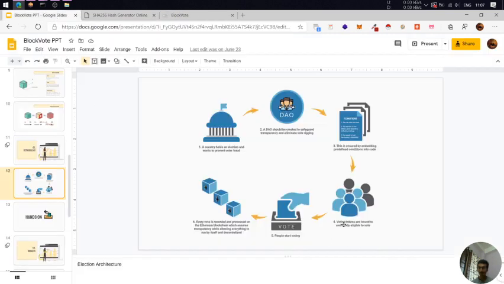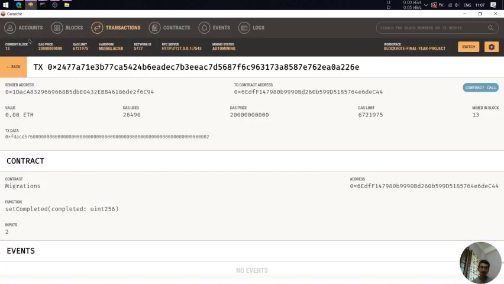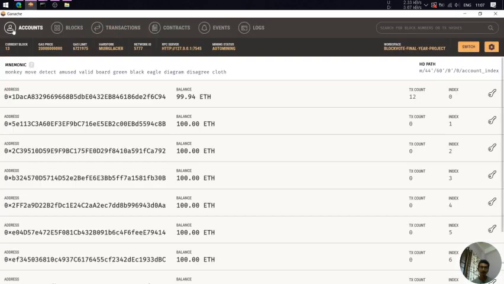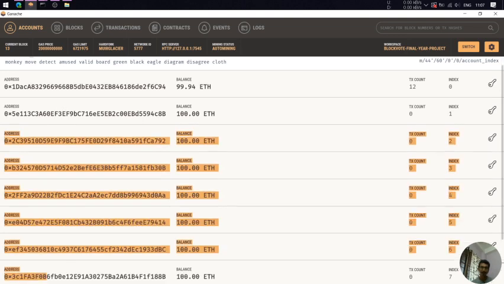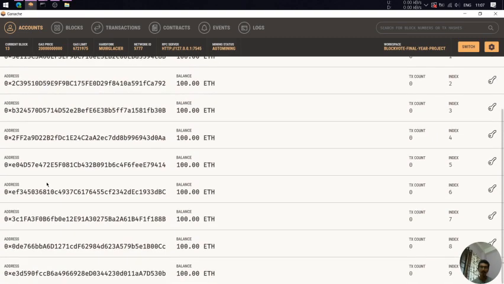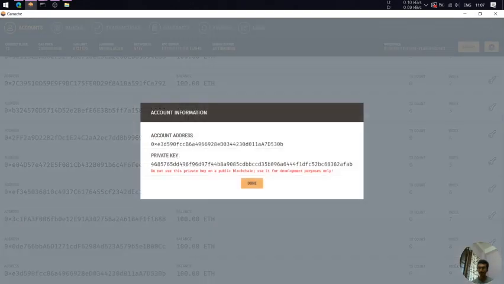So what I'll do now is go into the slide and say, at this point, voting tokens are issued to everybody eligible to vote. Everyone in this blockchain is eligible to vote. So me being the smart contract owner, or the election commission, am also eligible to vote. But let me show you the user. Suppose these are all the users here, so how will they import their wallet and vote. Let us consider the last user.